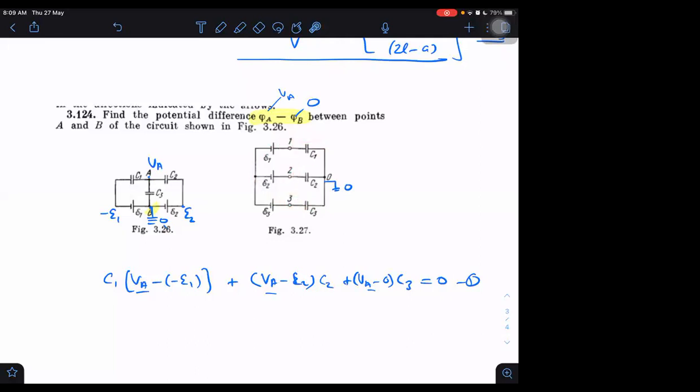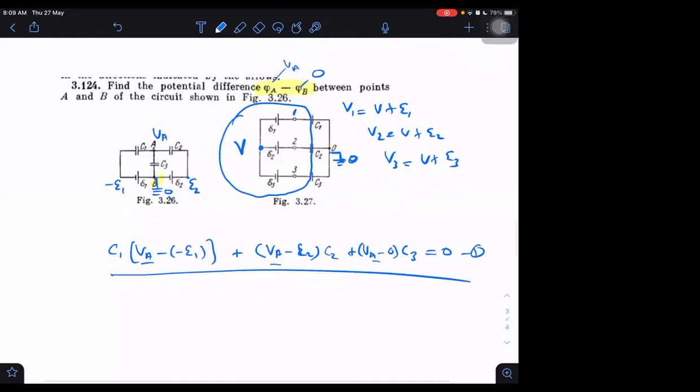What is the charge stored across this, this, and this? Can you determine that again? How will you determine it? I will determine it in this way. I will assume this potential to be V, and this here is 0. Then what will be the potential at 1? V1 will be equal to nothing but V plus E1. V2 will be V plus E2, and V3 will be V plus E3. Then what would be the equation of KVL, KCL in this?